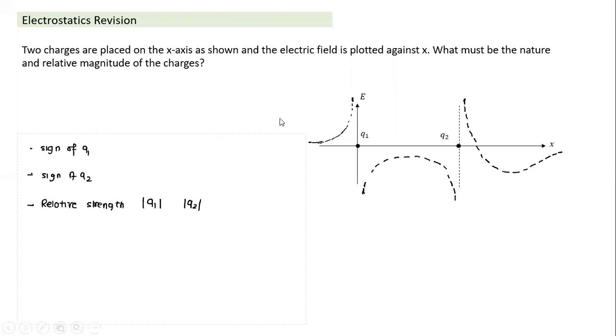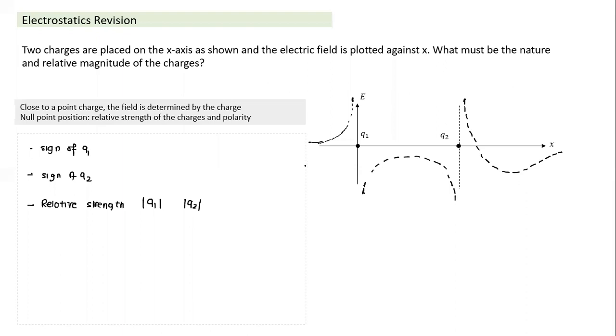First of all, for those who have a little difficulty, let's understand what this graph means. One important point we need to always keep in mind: if I choose a point very close to charge Q1, say point P just left of charge Q1, it will have field due to Q1 and also field due to Q2. But since it is very near to Q1, the field due to Q1 will be much larger compared to the field due to Q2, because in the denominator there is the square of the distance. So the field very near to a charge is determined by that charge alone.